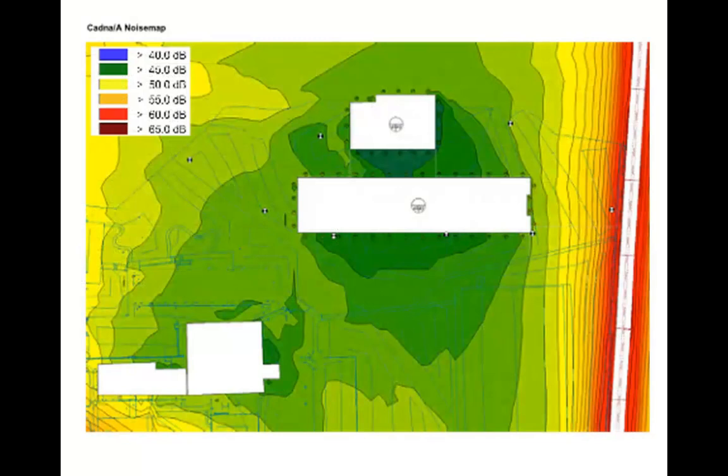And what they then do is they put that into a computer program which takes those point readings and it starts to simulate the acoustic spread across that site. And if we just look at it, this is a road, and the red is clearly giving us the higher noise levels, and then it reduces down, but critically, for a lot of the areas adjacent to the building, we're in about 45 decibels, okay, quite a high